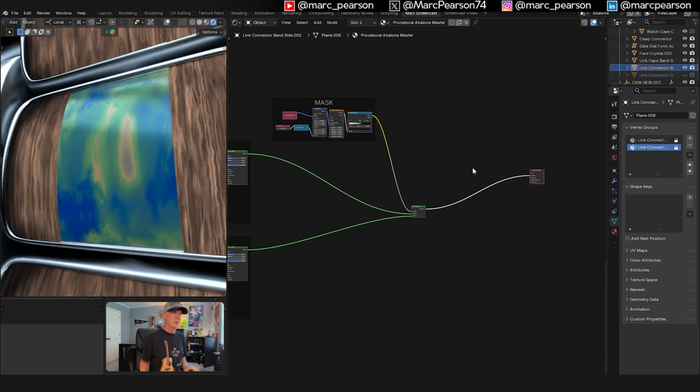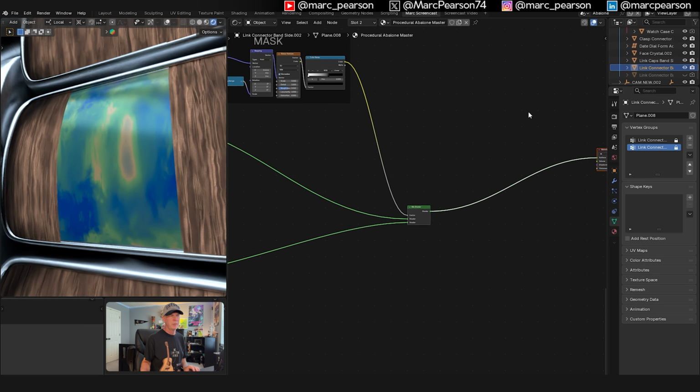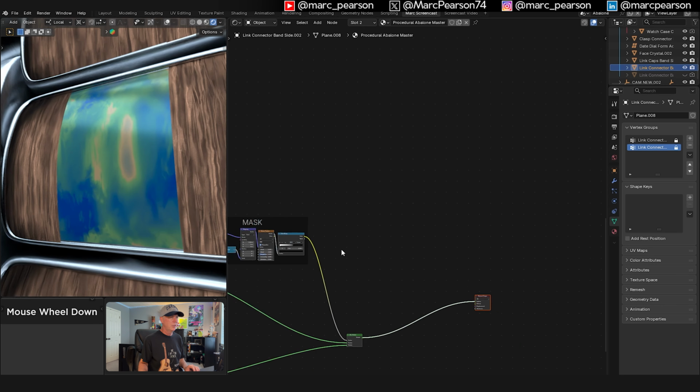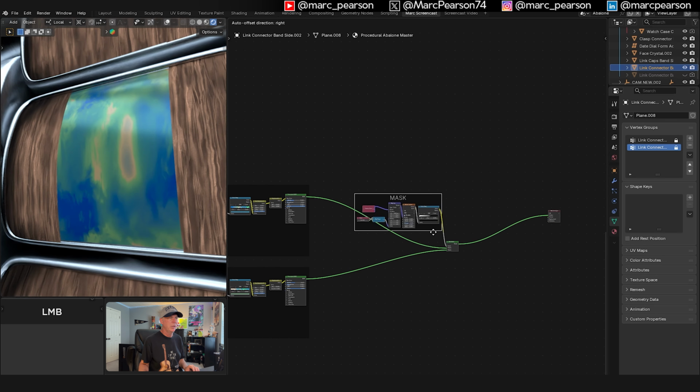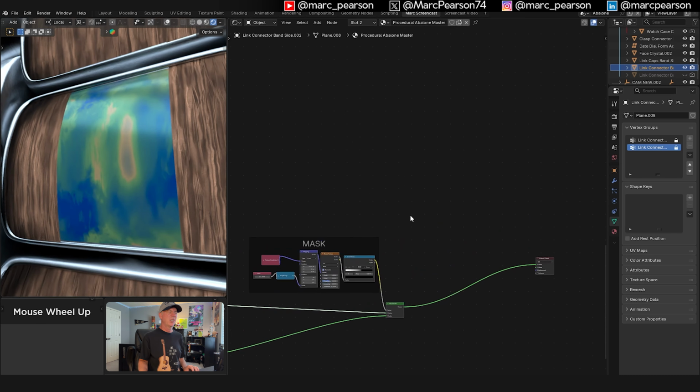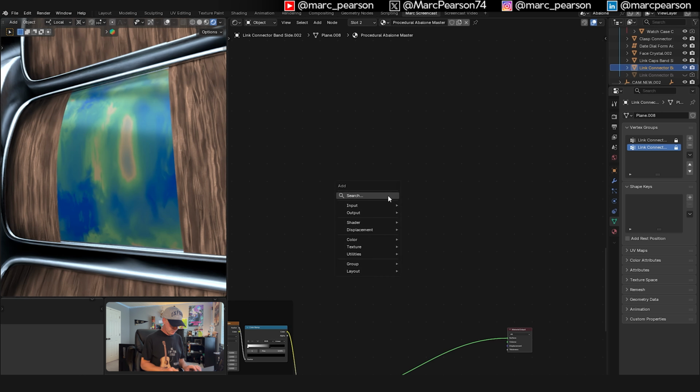Let's build our iridescence. So what I'm going to do, let's zoom in. I'm going to build it up here. Actually, let's take this mask. I'm just going to pull it down. All right, and I'm going to Shift right drag just to create a noodle reroute. That way I can do that, right? Just keep it neater, okay? So Shift A, principled